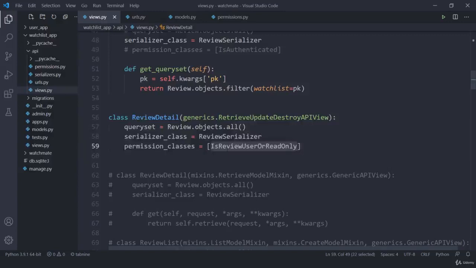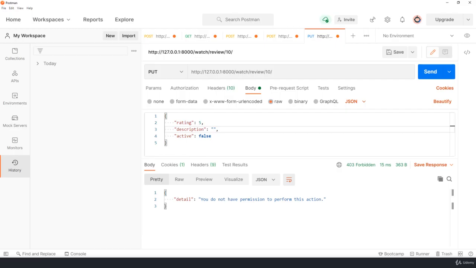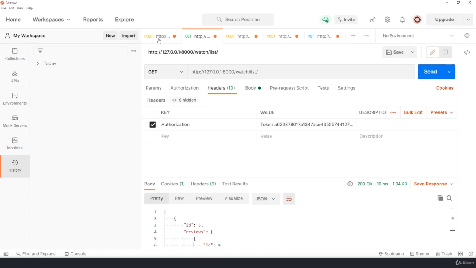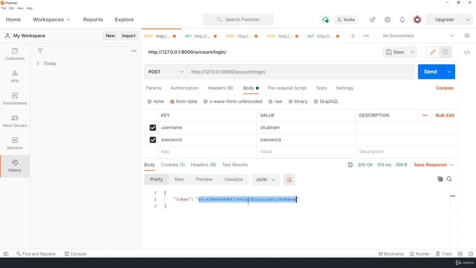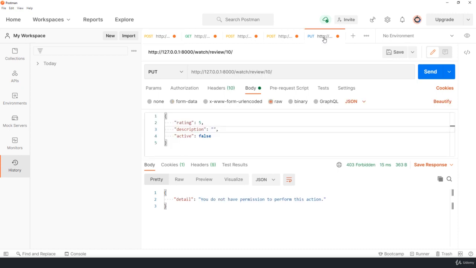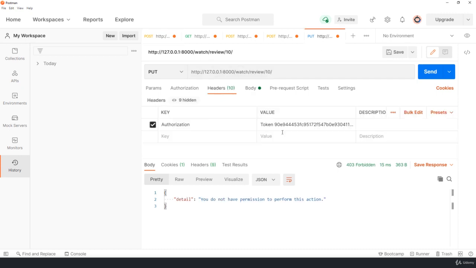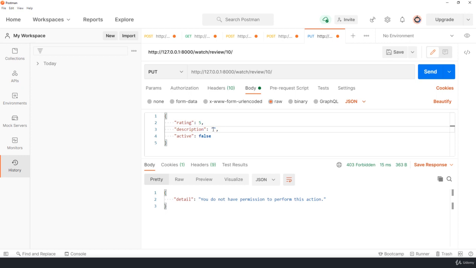Let me get back here, and if I try to send a request, the first thing is let me try to get into the login part, and here copy my token, get back here, and here in header let me pass my token, get back to body, and let me update the review. So this is going to be updated Shubham. Now if I try to send this request,